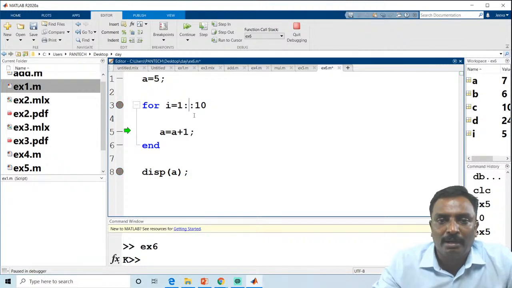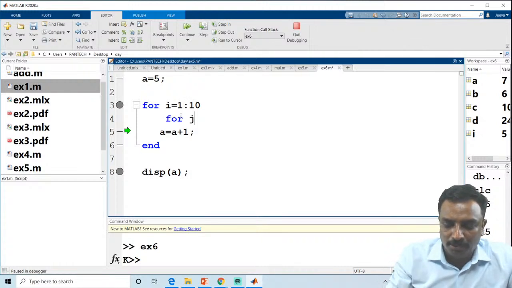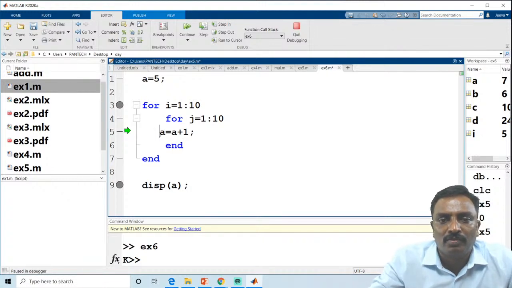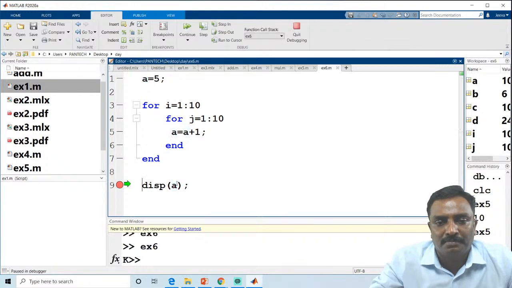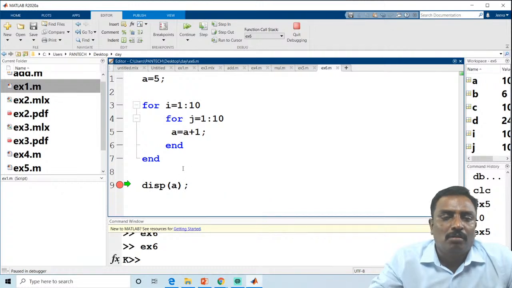If you want to have multiple for loops, that is also possible: for J equal to 1 to 10. So have an inner loop. This loop will run for 100 times, so the output will be 105. If you check, the output is 105. So if the if loop and for loop are clear,